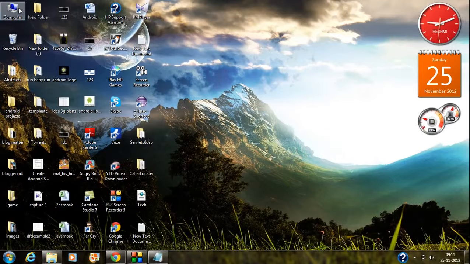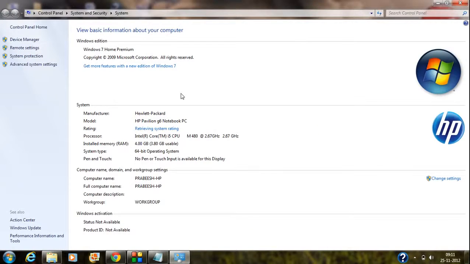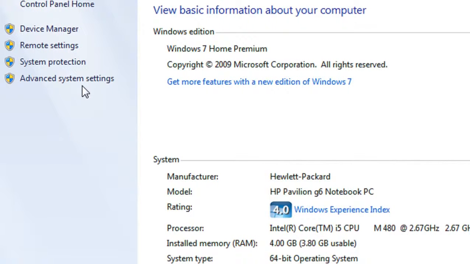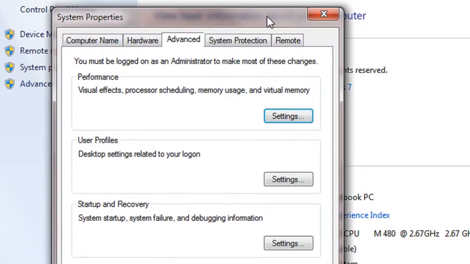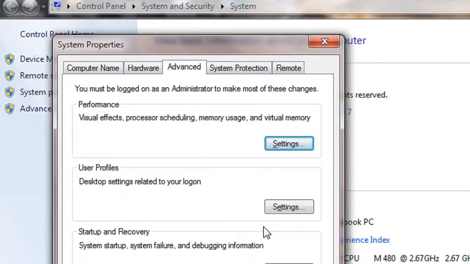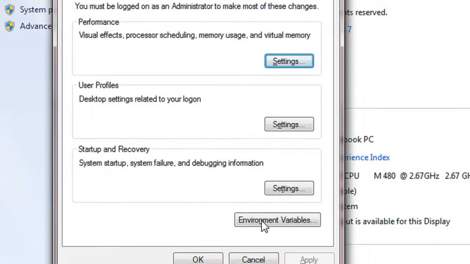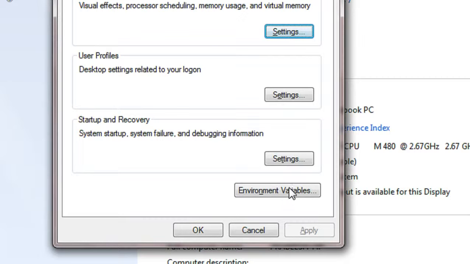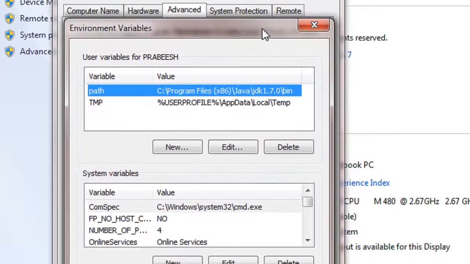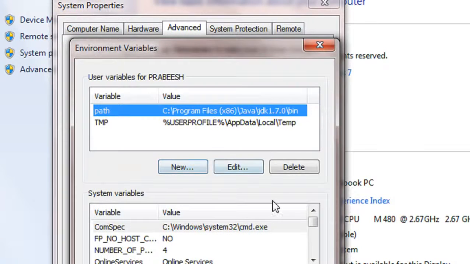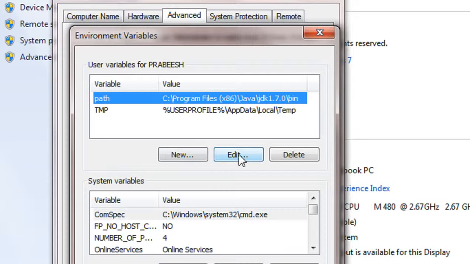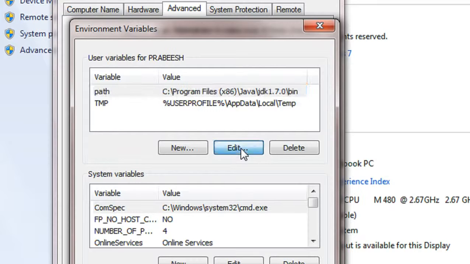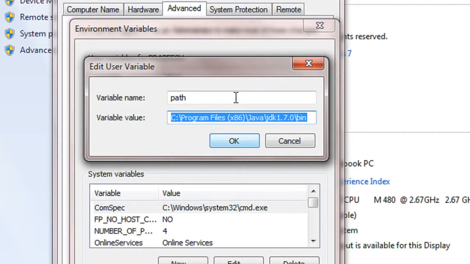Now I just go to the properties of my computer. In the system properties, you can see an option called Advanced system settings is present here. Just go to it. Here another window appears. You can see a variable setting here. An Environment Variables button is present here. Just click that. Again, an environment variable setup window appears. In that option, you can see a button called Edit. Just click that button. Again, another window appears.